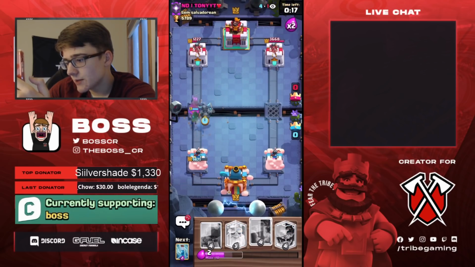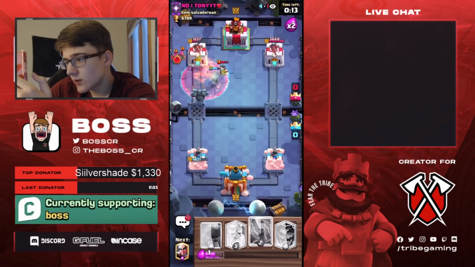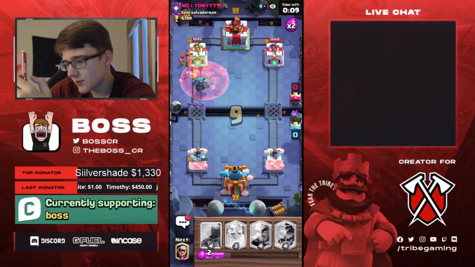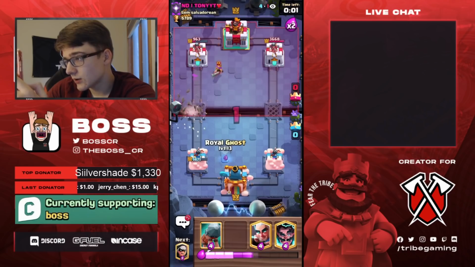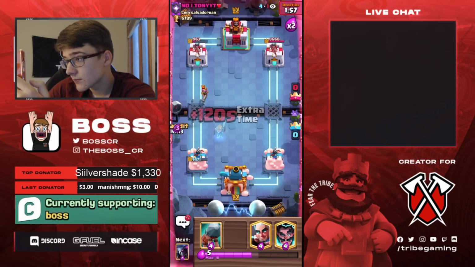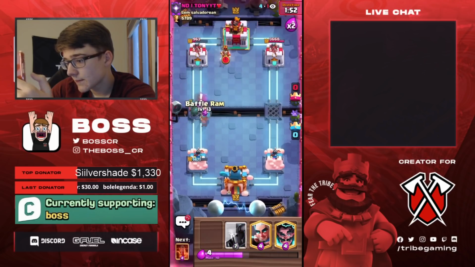And I think I'm just going to Pekka here. We can go ahead and poison this Ewiz, zap the Skarmy. Archers are going to go into the poison. Ooh, one of them is. And if the Pekka gets a hit on the tower, we won. Unfortunately, it doesn't. It was so close. I thought it was going to be, honest, but unfortunately,